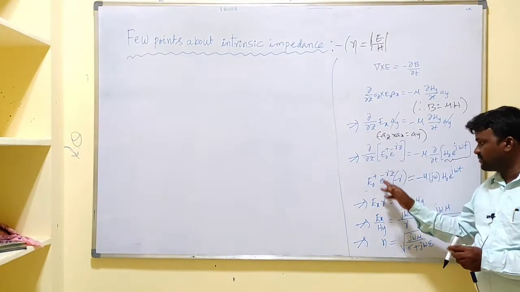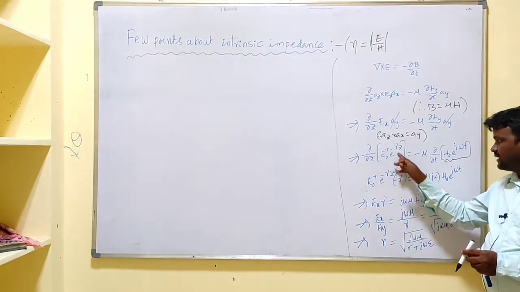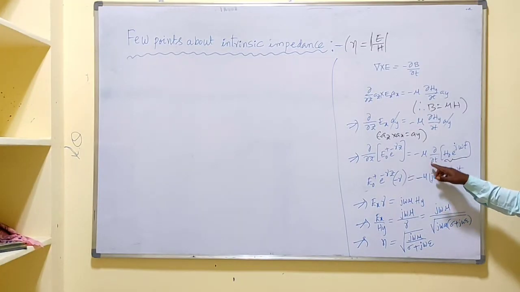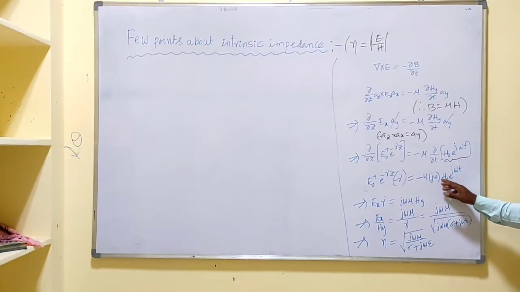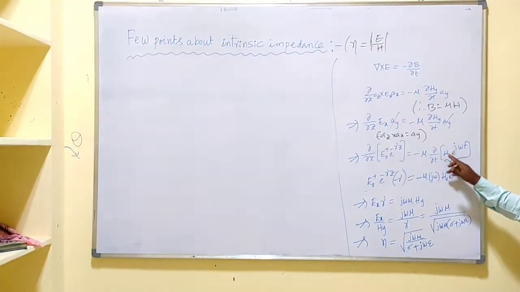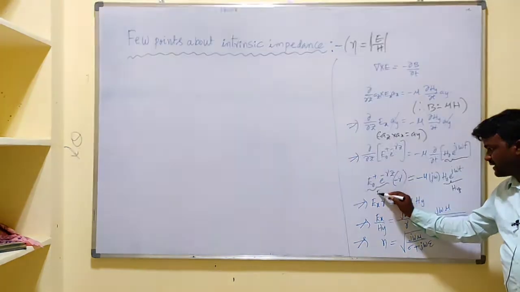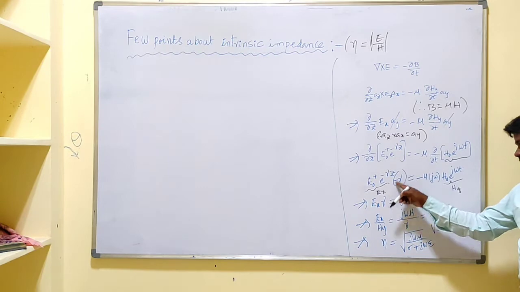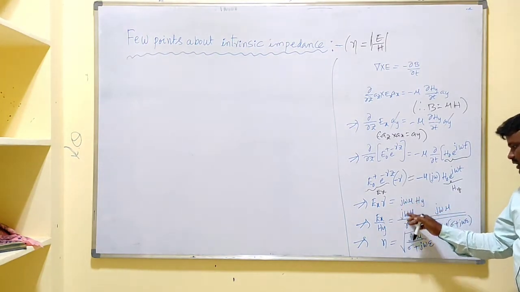And if you simplify this, if you perform differentiation, E naught plus e to the power minus gamma z into minus gamma. And here one time differentiation means j omega, two times differentiation with respect to time means j omega whole square, three times means j omega whole cube. As it is one time, j omega into H naught into e to the power j omega t. This H naught into e to the power j omega t is nothing but H y, and this one is nothing but E x. So this can be written as E x into minus gamma, here minus minus cancel out, E x into gamma equal to j omega mu by H y, E x by H y equals j omega mu by gamma.